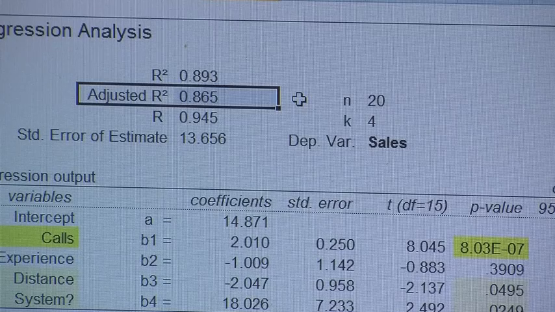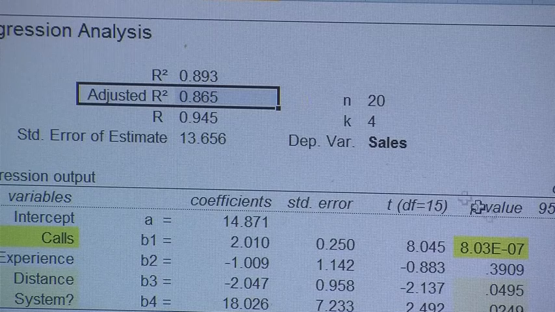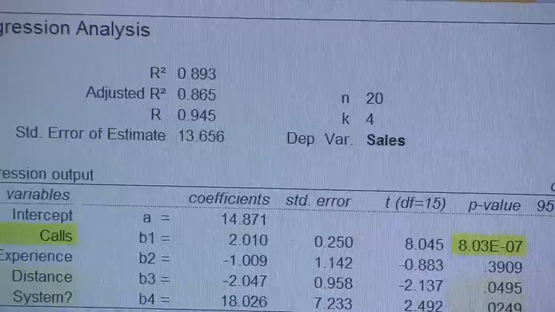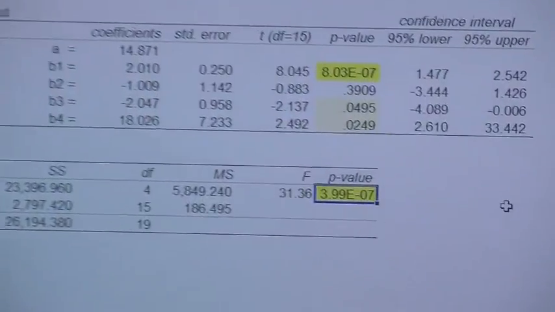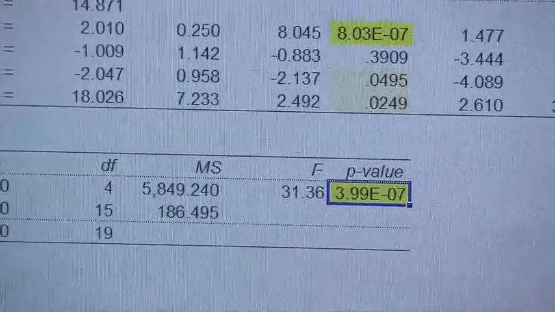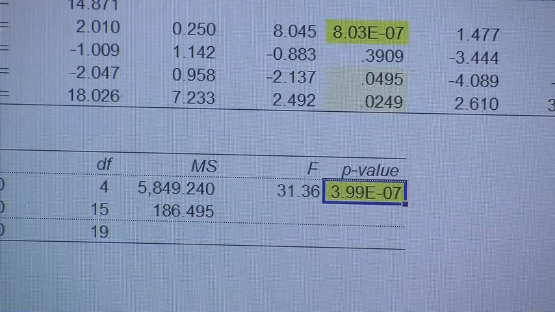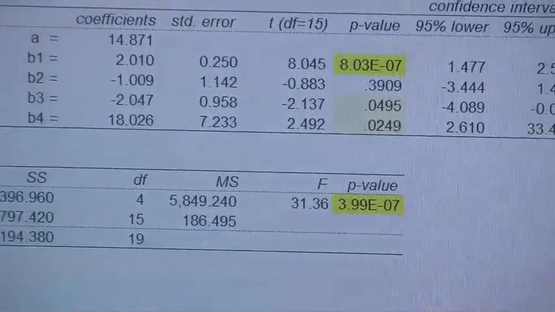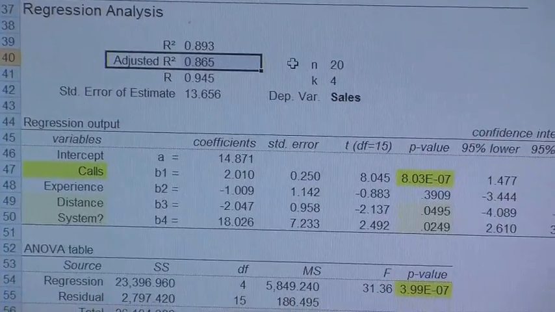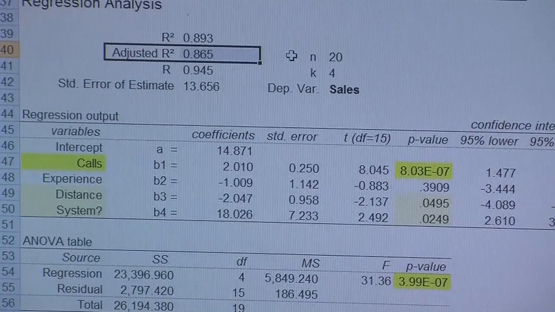model helps predict the dependent variable, and to assess that we look at the p-value in the ANOVA table, and that's a really small p-value. So we reject the null hypothesis. We conclude that adjusted R squared is greater than 0, comes as no surprise to us. So we've concluded that yes, the regression model does help predict our dependent variable, and we can see here evidence that adding in more variables improved the predictability of the model from about 80% to about 86, 87% of explained